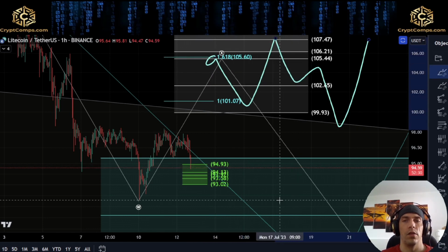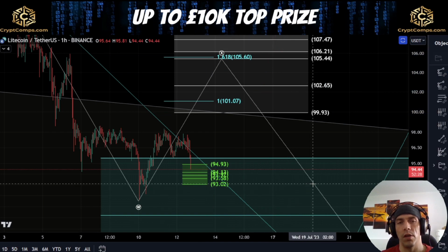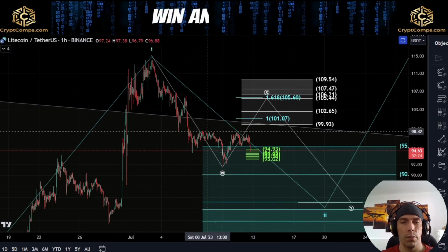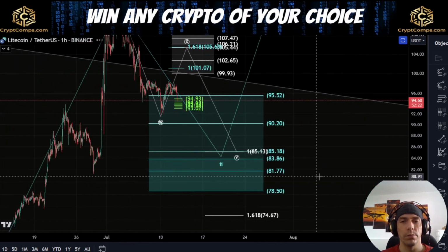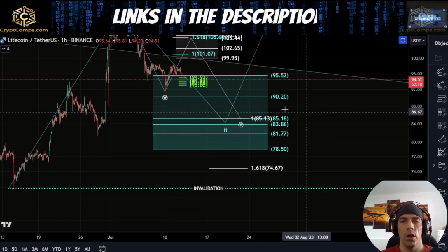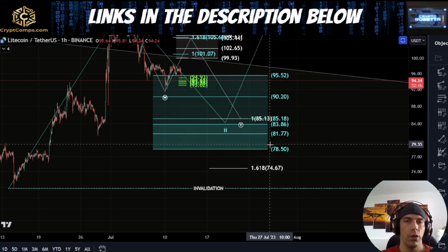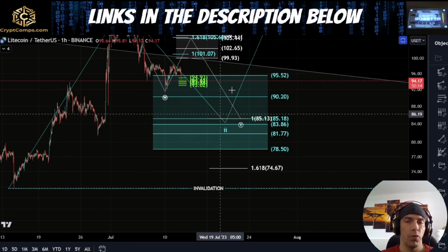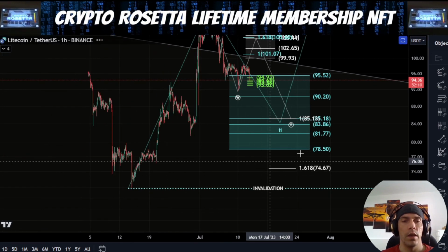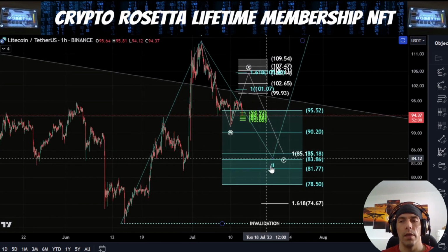And then from there, like I said, we'll be looking for that direct push to the upside. But, you know, we need to just be careful with this. The structure does have potential to extend to the downside. Really, as long as we hold this 95.52 to this 78.50 region, we can look for this push to the upside. But if we invalidate the 70.75, then it becomes more likely we're going to be in that idea of